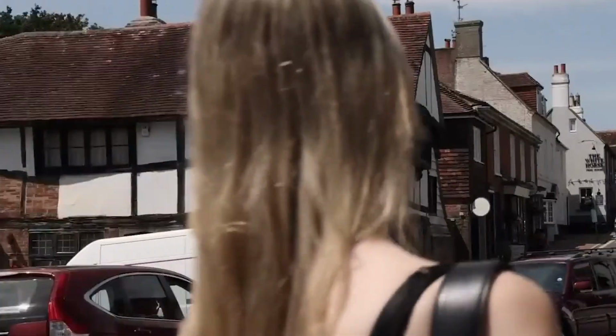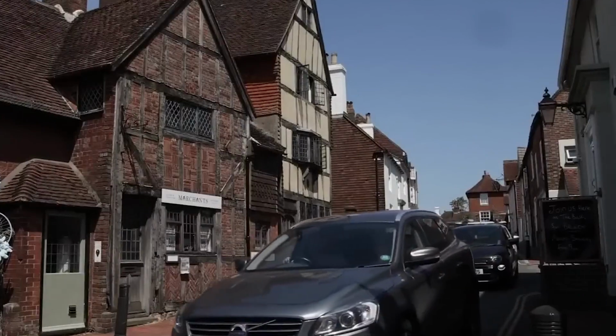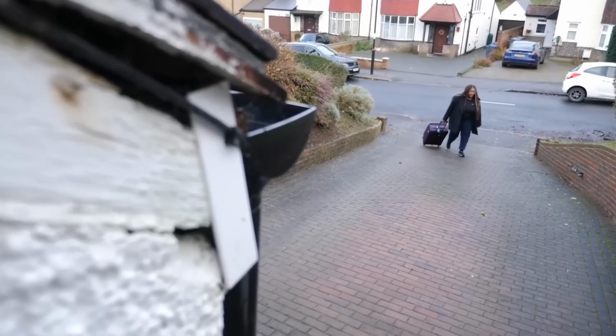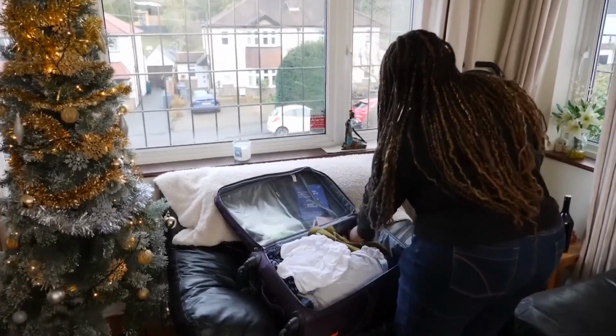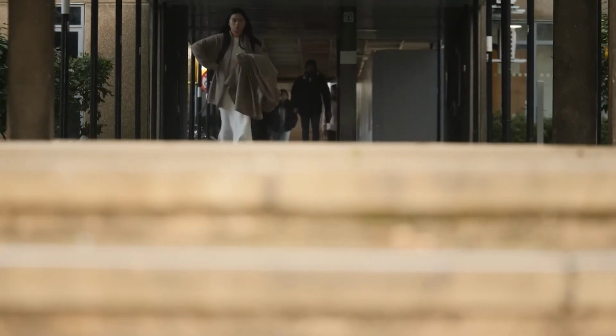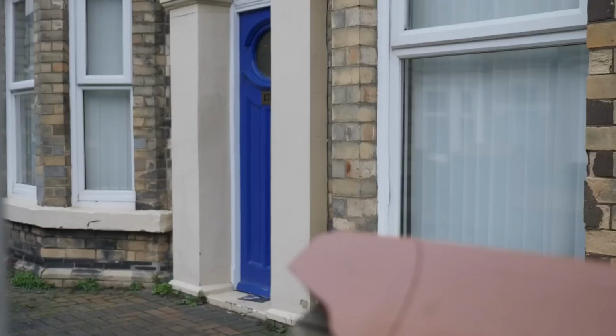Government analysis indicates that immigration since the late 1990s contributed to a 20% rise in housing prices. As supply stays stable and demand goes way up, it's clear that continuing on the same path is completely unsustainable. In fact, a net migration level at even half of the current rate would still account for 57% of additional households by 2043. The government's target of building 300,000 homes per year is overshadowed by the current immigration levels, and